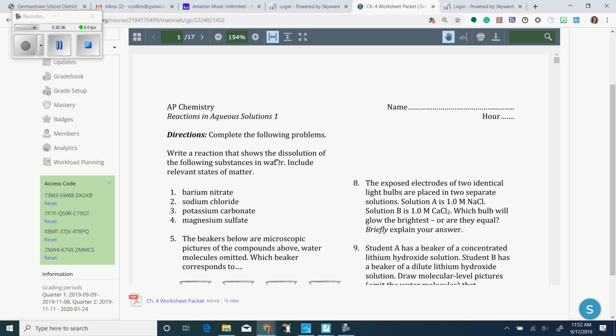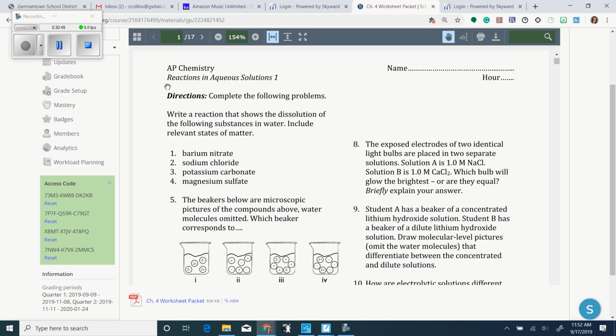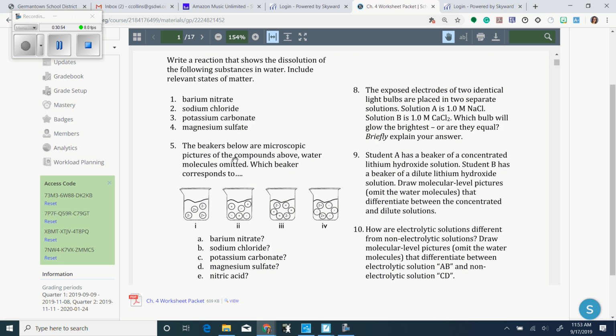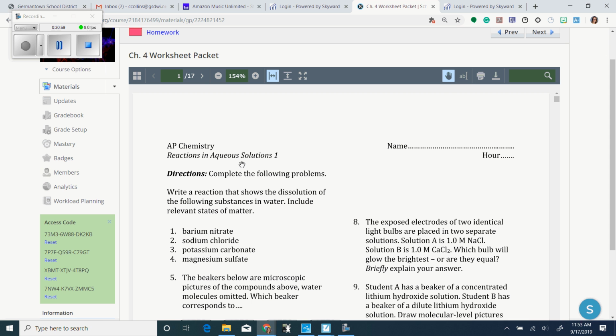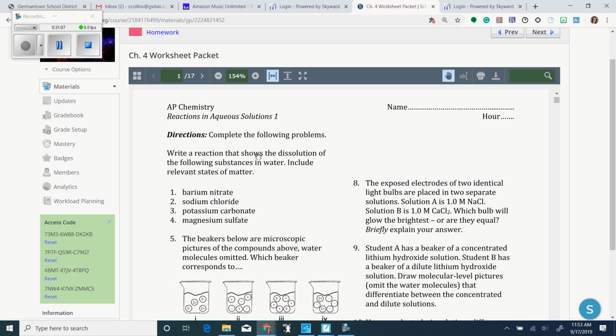So I would suggest to you downloading this so you can have multiple windows open, so you can have the answers open as well. What I'm asking you to do is 1 through 7 on reactions and aqueous solutions 1. It's just practicing writing these formulas and with these particulate diagrams, okay? If you are for sure going to be a homework doer, then print the packet, and then you can take it wherever you want to do it. If you're like, sometimes I'm going to do it if I need to, then I wouldn't bother printing it if I were you. Okay? Like 20 pages, like the whole